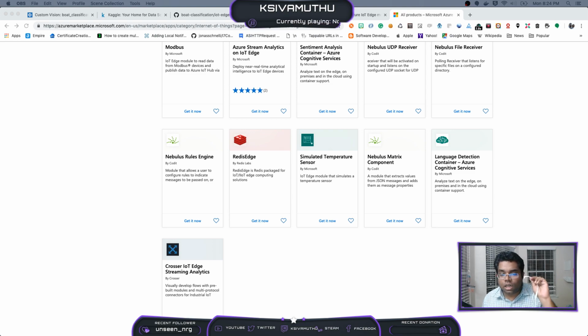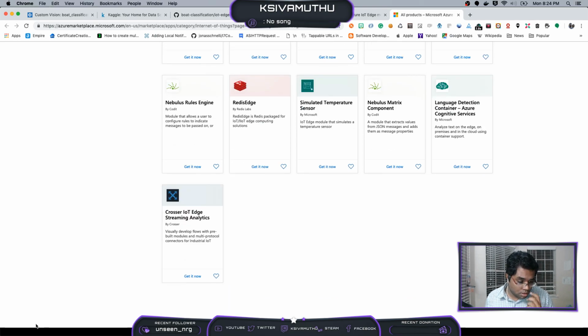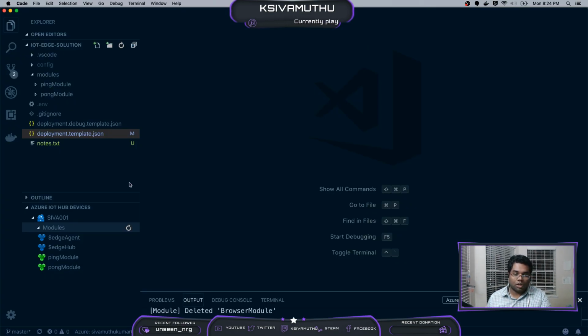So these are the things already available in this Azure IoT Edge module marketplace, right? So what we are going to do is the same thing with the simulated temperature sensor. I see the simulated temperature sensor in Microsoft GitHub. They are using C# to generate it. Anyhow, we can use the same thing, but what I am going to do is create a similar thing for Node.js in our IoT Edge solution,